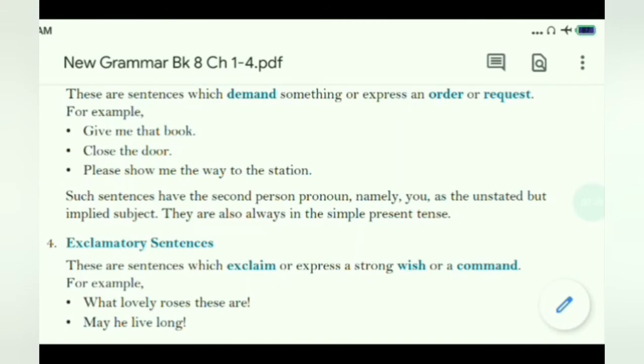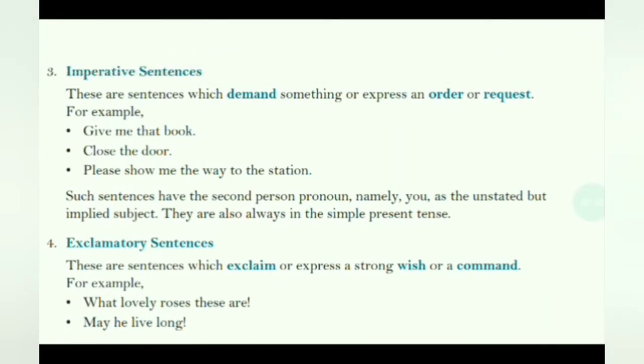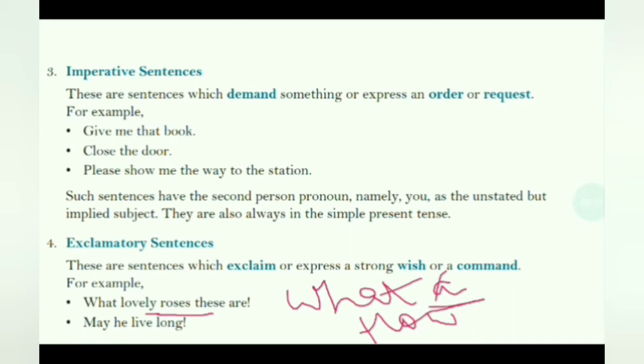We can create these kinds of sentences by using what, a, and how. If there is a plural subject, like in this example roses, then a is omitted. And if there is a singular subject, then a is applied. For example,